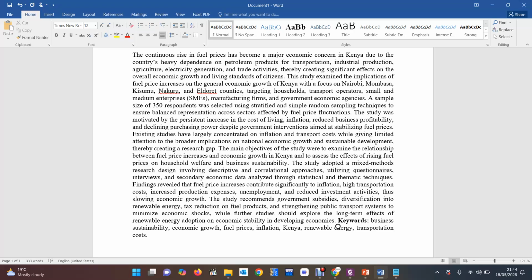Diversification into renewable energy. The government has been talking about moving from fuel-based to electric-based vehicles and everything? Yes. Tax reduction on fuel products. Has the government reduced VAT just on some products, but not foodstuffs and other things? So, are there interventions: tax reduction on fuel, and then strengthening public transport systems to minimize economic shocks, while further